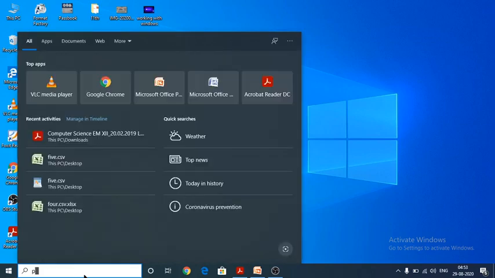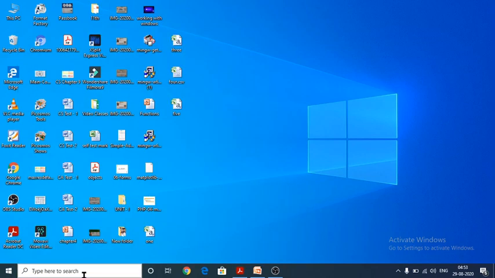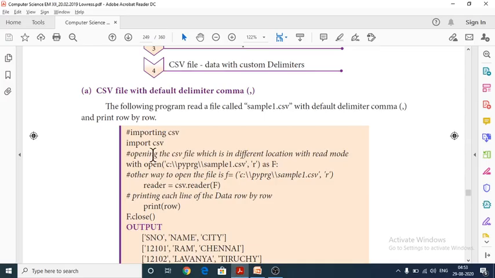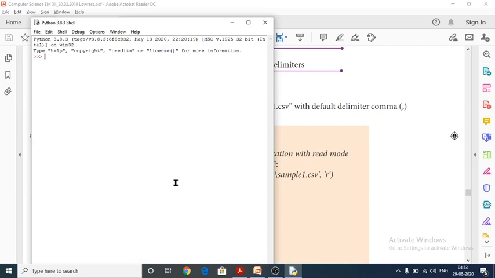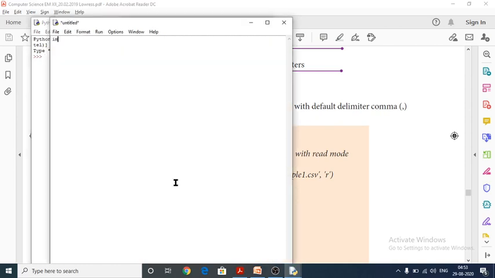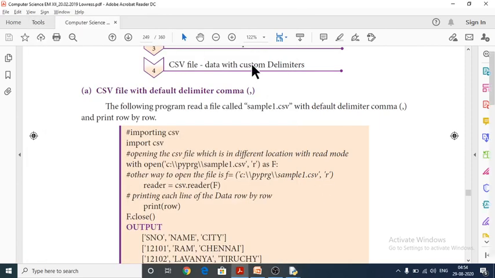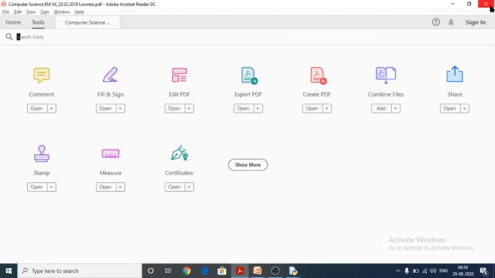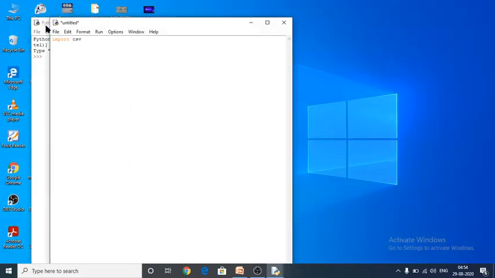See here, in IDLE, to import the library functions of CSV, we have to give import csv. We are importing the CSV library function into the Python programming language. Give Control N, here give import csv, and after that here we have to give